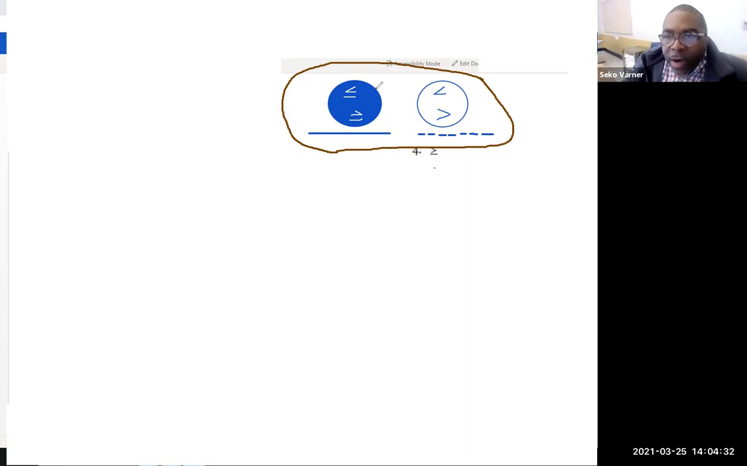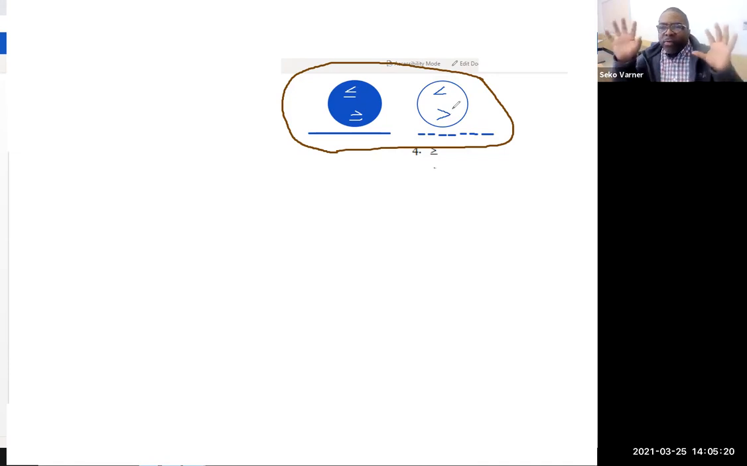Here's the deal. Whenever you see a solid circle, it includes less than or equal to or greater than or equal to. Whenever you see an open circle, it's either less than or greater than. Here's the next level. If you have a filled in circle and a full straight line, it means the same thing: less than or equal to, or greater than or equal to. Now, if you have a dotted line,